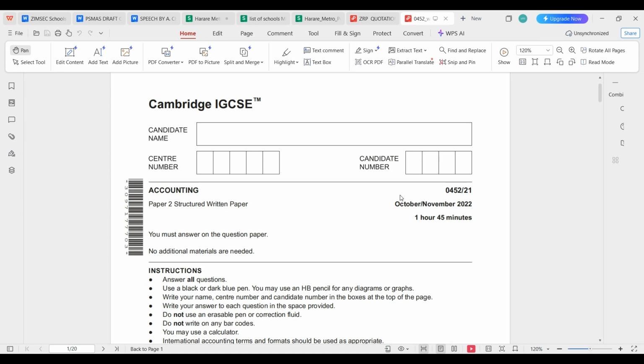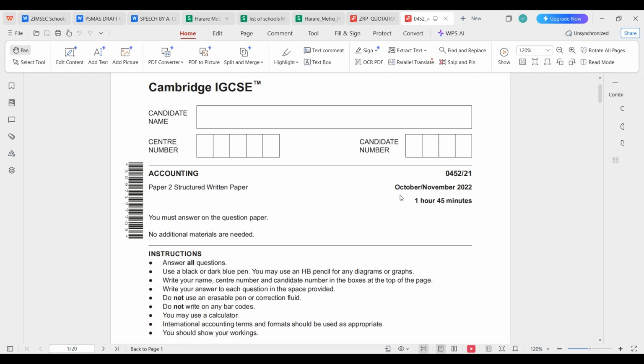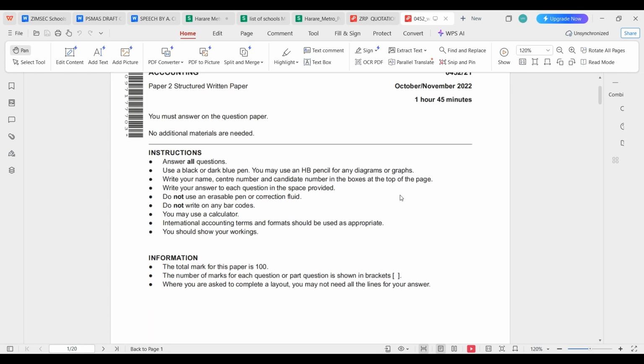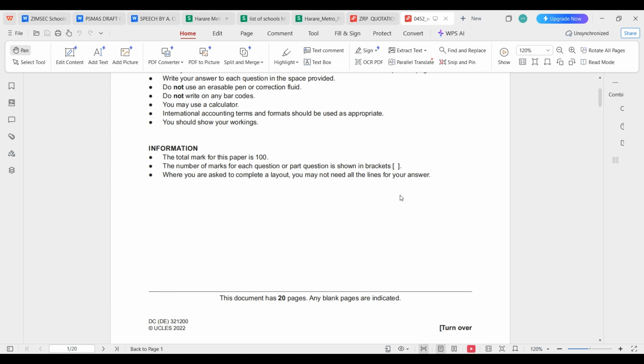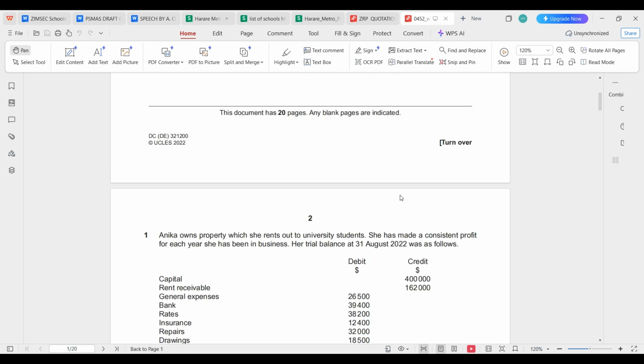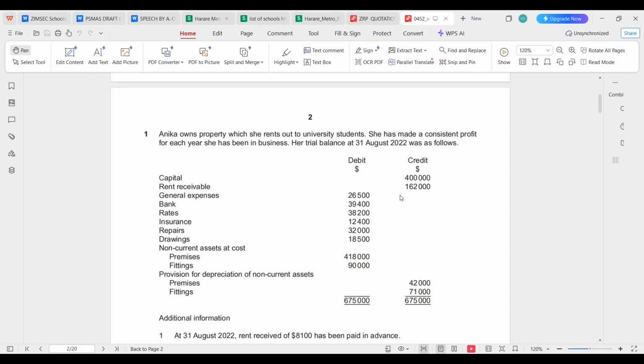I'd like to explain something which is quite interesting. I think I'll try and do that very fast. This is a paper that I have from October, November 2022. Of much interest is the question that I have, which is number one of that paper, which is about